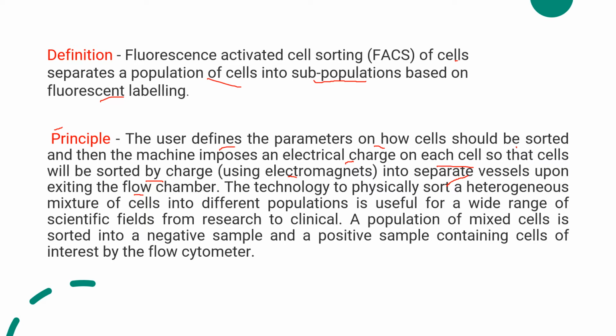In my previous video, I told you about flow cytometry. The heterogeneous cell mixture is injected into a nozzle. This nozzle allows one cell to pass out at a time. When this cell or droplet comes out, the charged ring placed above the droplet gives charge to that droplet, and the droplet passes through the electromagnetic plates, and according to their charges they are separated into different kinds of vessels.